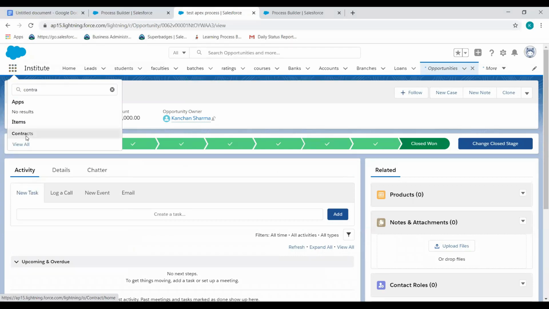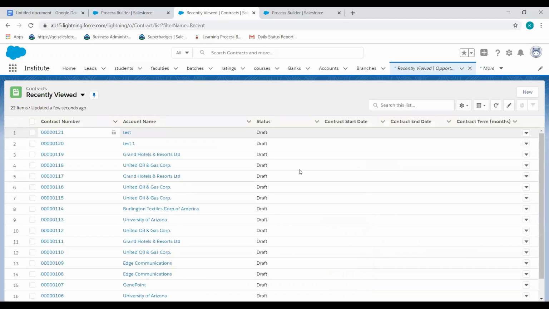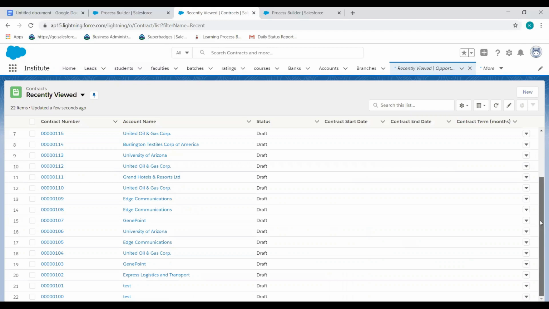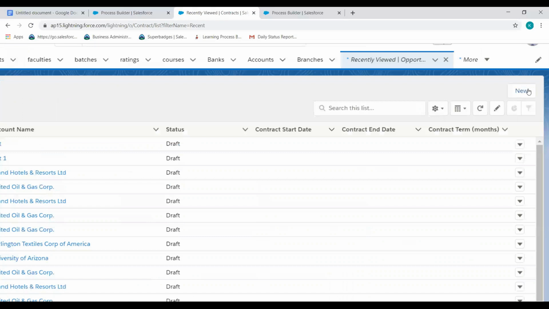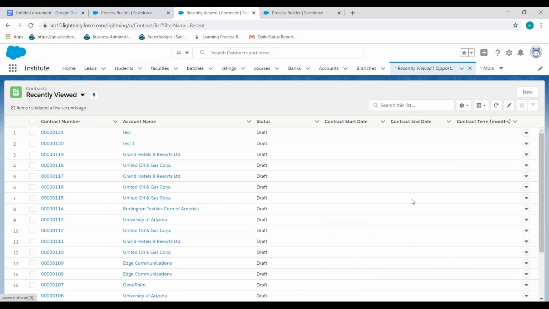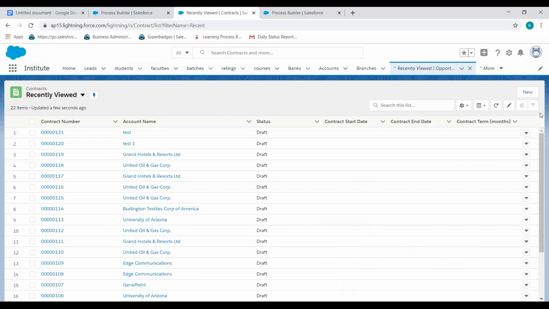Now you can see the contact record is created automatically. So it will create records for all opportunities where these criteria are met.